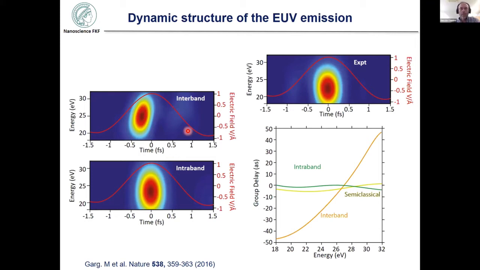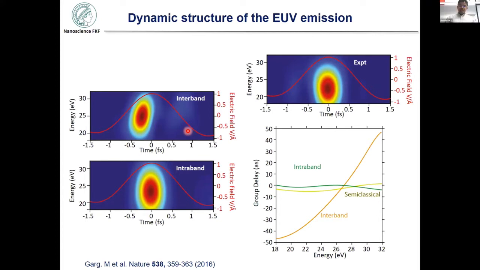Yeah, I have a question myself. In terms of efficiency of attosecond or intense attosecond pulse generation, what do you think is the best scenario? I mean, you can control, in principle, as far as I see, the intraband and the interband process. So if you would like to generate an intense attosecond pulse, what would be the best scenario for it?